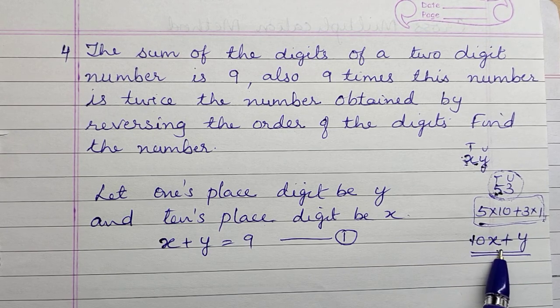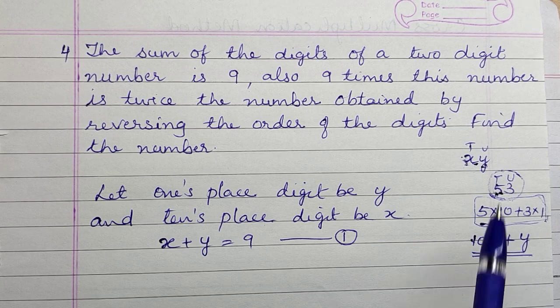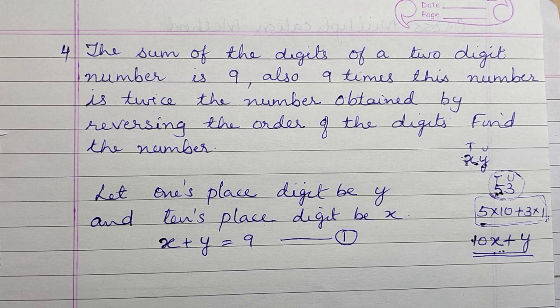So whenever a sum like this comes, when you write the original number, you have to write it in expanded form. You should not take xy as the original number. When separate digits come, x is 1 digit, y is 1 digit. But together, that is xy, in that sense, you should write only the expanded form as the original number.